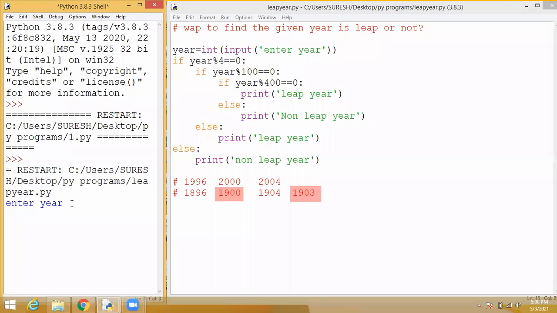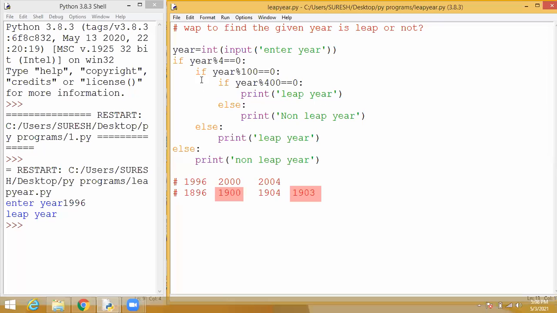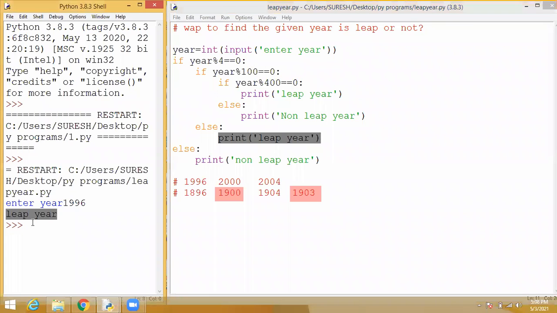So everyone note down the program. Anyway, I will ask this type of program in the exam question. This is the exact answer. So first we will check all the leap years. 1996. If I give this, it will check with the condition and it is satisfied here, so it prints leap year.